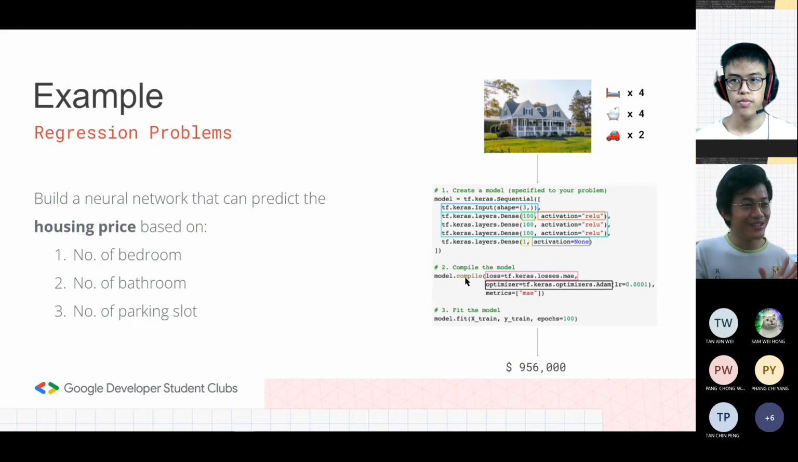No, sorry, no, the loss function and the optimizer, not the activation, okay? Activation is the previous one, the creating the model. So what is loss function and what is optimizer? Okay, now in the loss function,